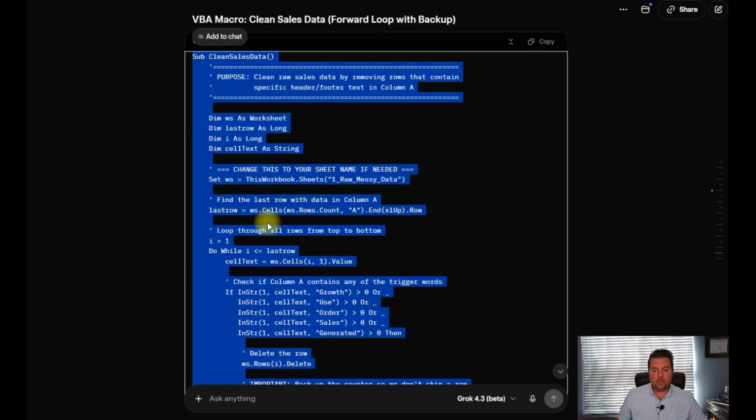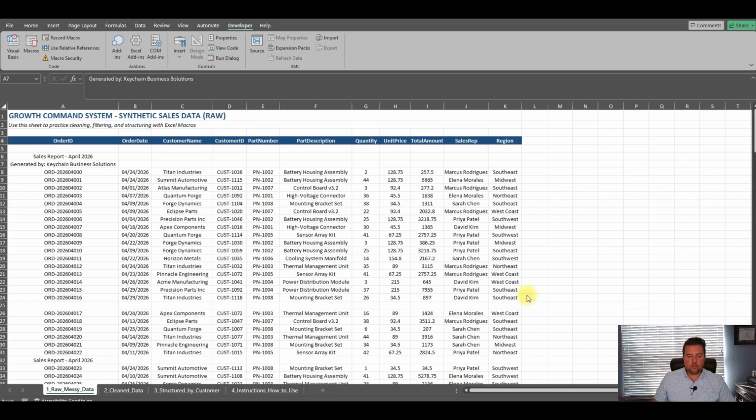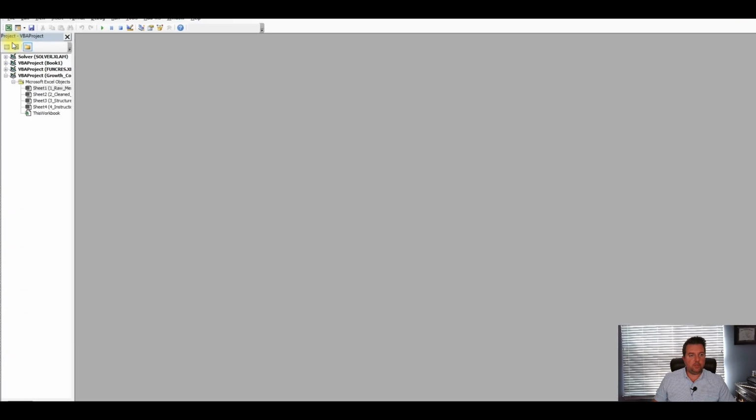And then we're going to take this over to our workbook and run it, and let's see if it did what we want it to do. So here we are over here. What we're going to do is open up Visual Basic within the Developer tab. We need to make sure we're in the right file because this opens up everything. So we want to be in Book 1. And actually, before I do this,